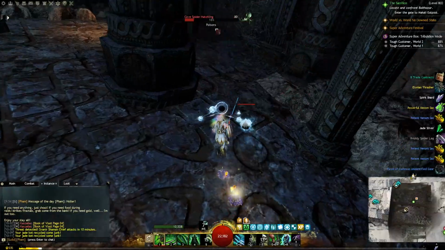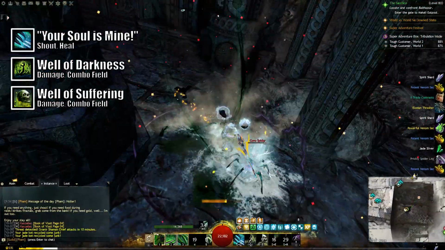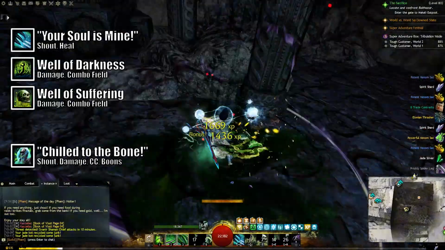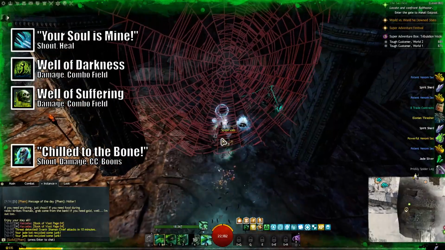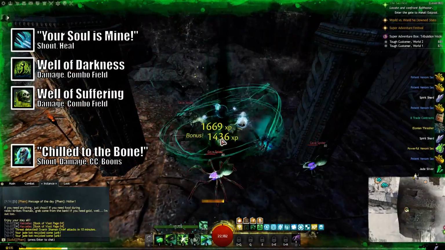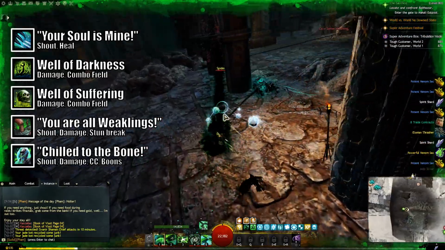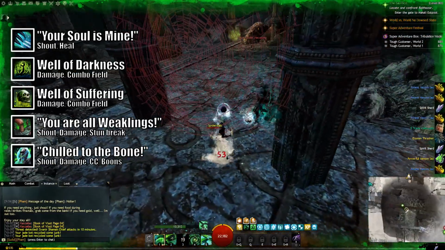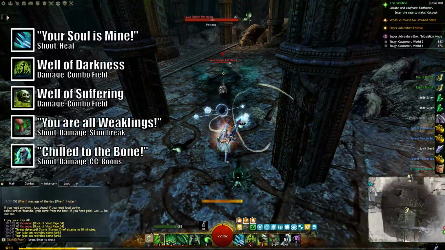Now, I've already mentioned the Wells of Darkness and Suffering, and for your basic setup, I would recommend getting Your Soul is Mine as your heal and Chill to the Bone as your elite for some extra stability, fury, swiftness, and quickness, on top of the damage and crowd control it will deal. And lastly, you can round out your utilities with You Are All Weaklings for even more damage, might, and a much needed stun break. These 5 abilities should serve you quite well in just about any situation,